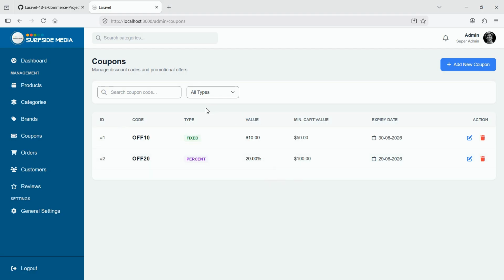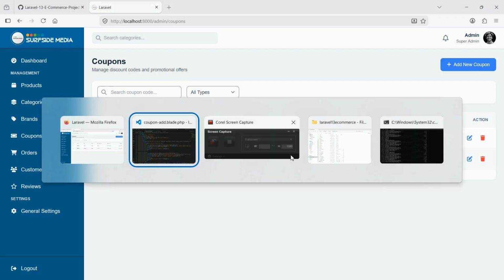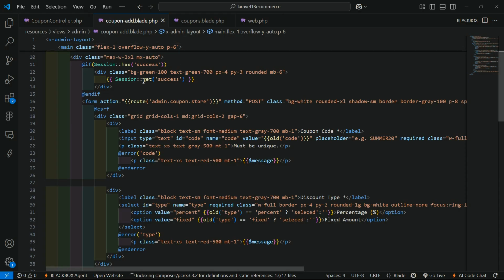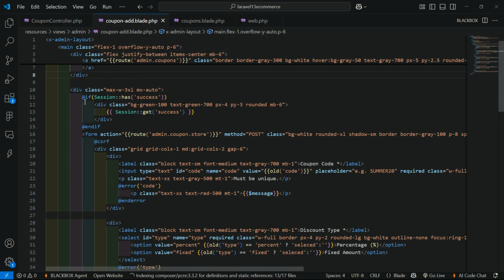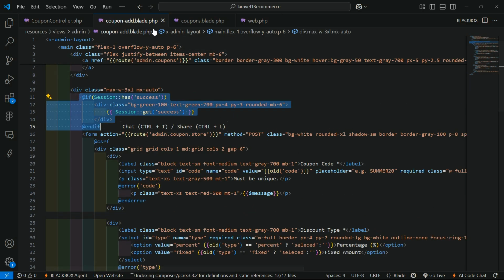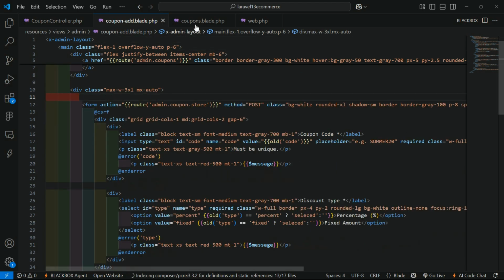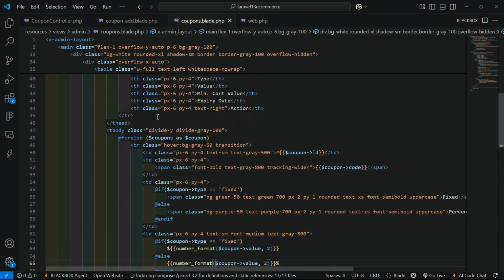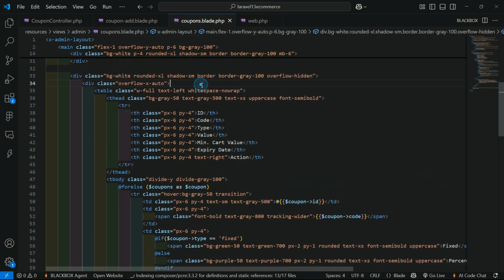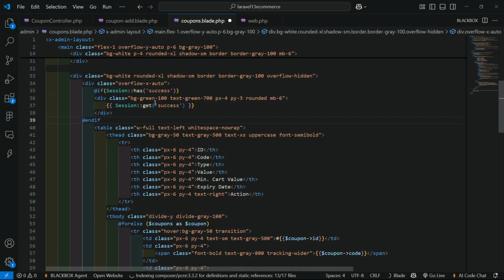Okay, here our success message is not showing because I did one mistake. I have written this success message code inside this coupon add view file. So just cut this code from here and put inside this coupon view file. Okay, before this table. Okay, now save this,